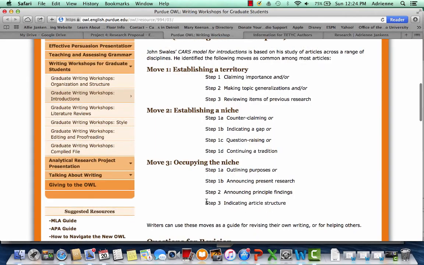And then finally, you want to show how you're going to occupy that niche by outlining the purposes of your research, announcing things that are happening right now, announcing principal findings, or indicating the article structure. So these are 3 major moves that you will make here. Now, for you, because you're not actually conducting principal findings, here it would be,